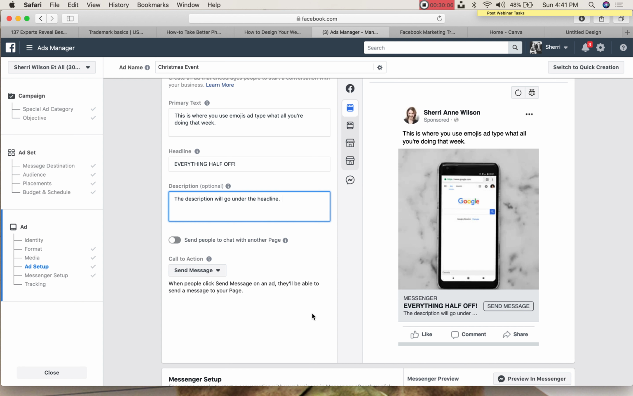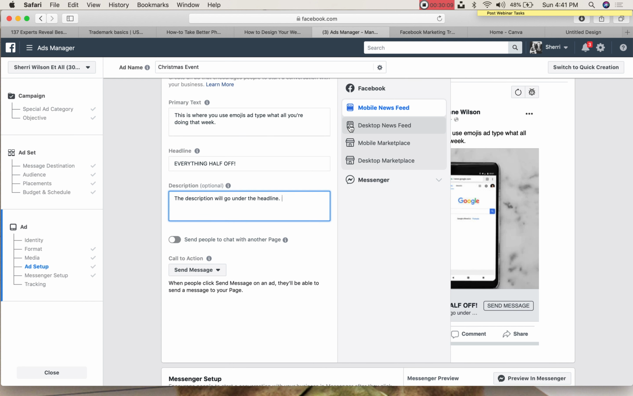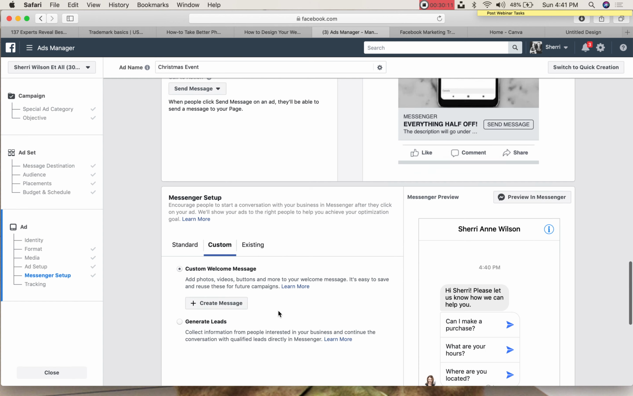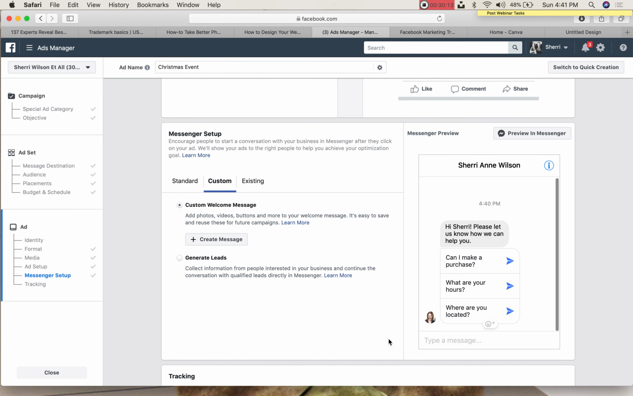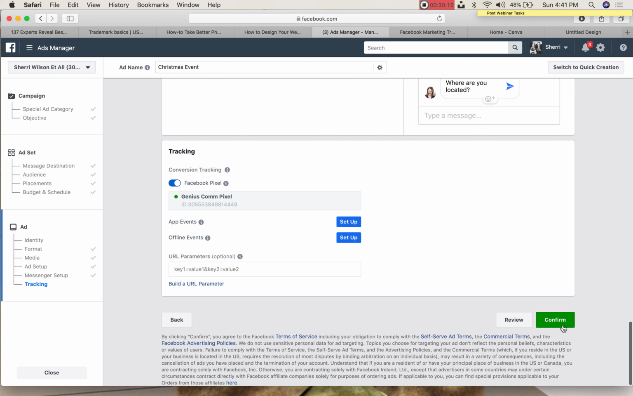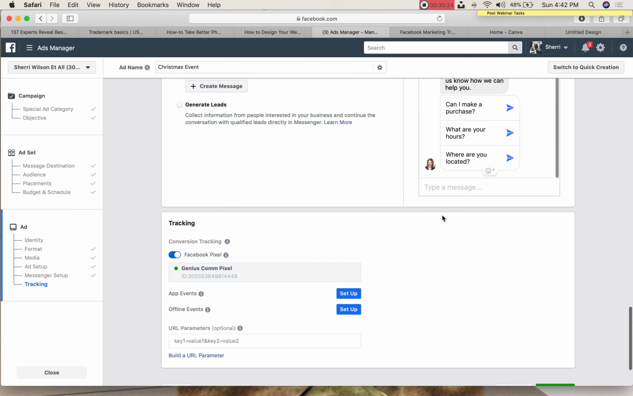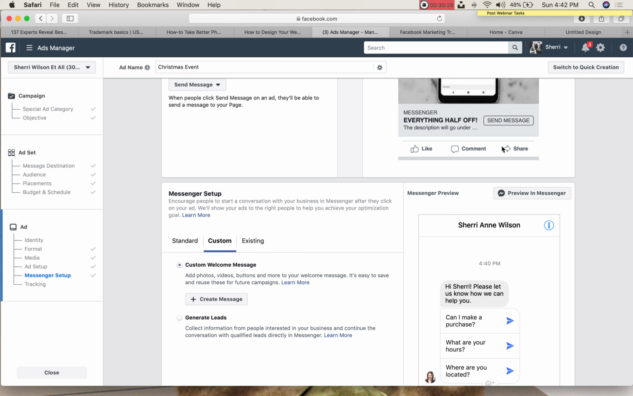See, right there. And then again, you can preview it with desktop, mobile marketplace, and desktop messenger, and it's the same thing with all of your responses. And then you click confirm. When you click confirm, your ad will go into the review process with Facebook, and then you will receive a notification that